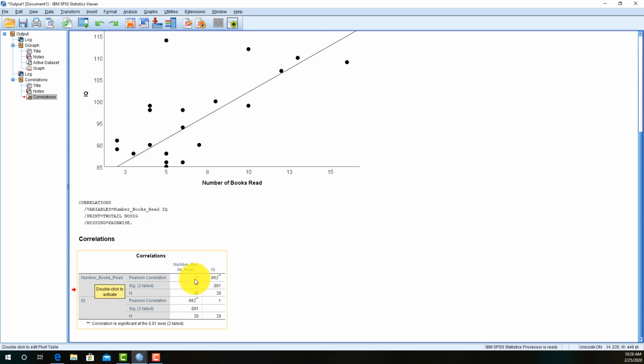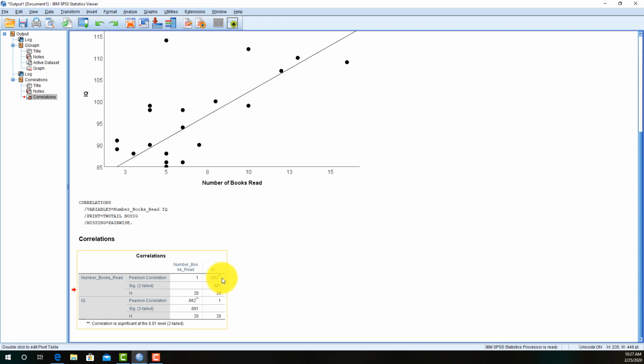They're the same values, so it should be a perfect correlation. What you're really interested in is this value here. So number of books read correlated with IQ. This is your R value. So in this case, the Pearson's R for the relationship between number of books read and IQ is